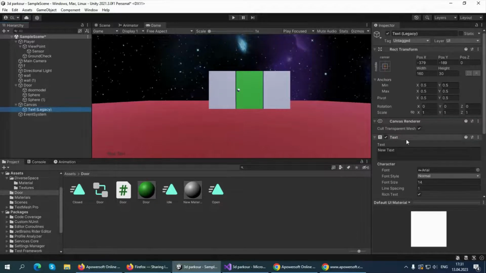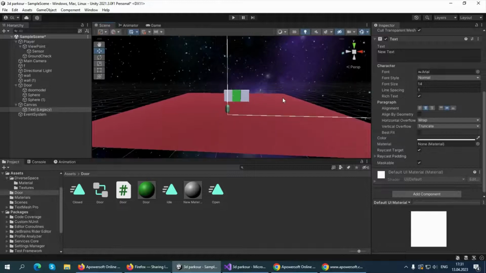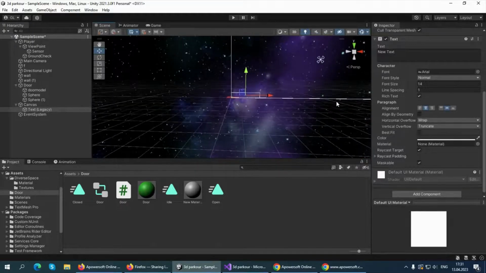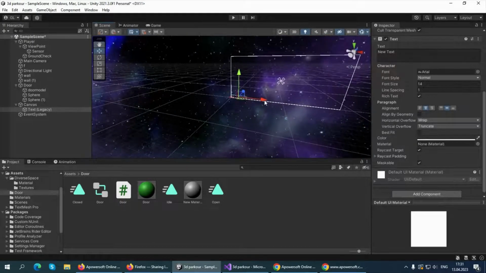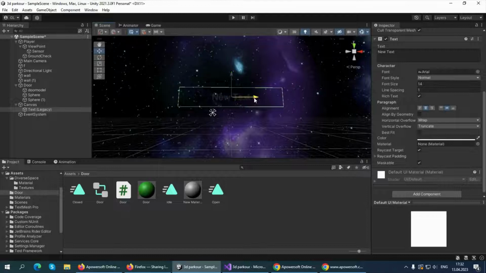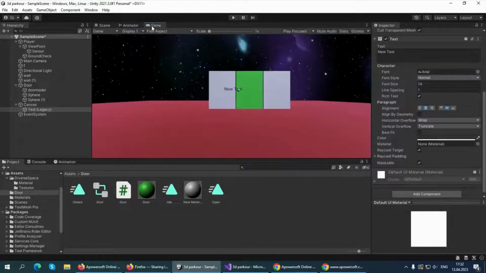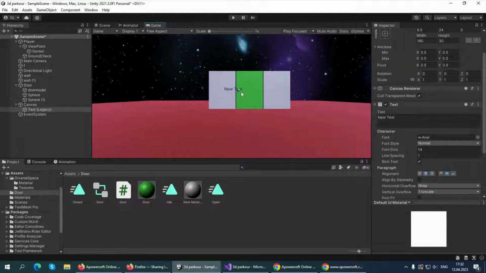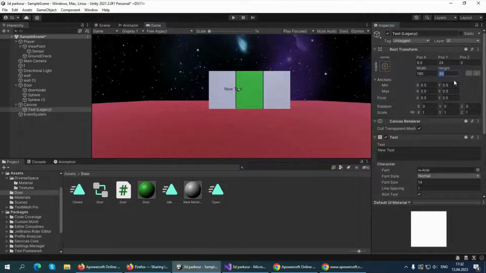Okay, let's select our text anyway. Let's go on the scene view and let's see where it is. Okay, it's here. I want my text to be in the center. So let's zoom in. Let's click on the F, and yeah, it's better right now. I also want my height to be, I don't know, 35, for example, and position to be -20, I think,